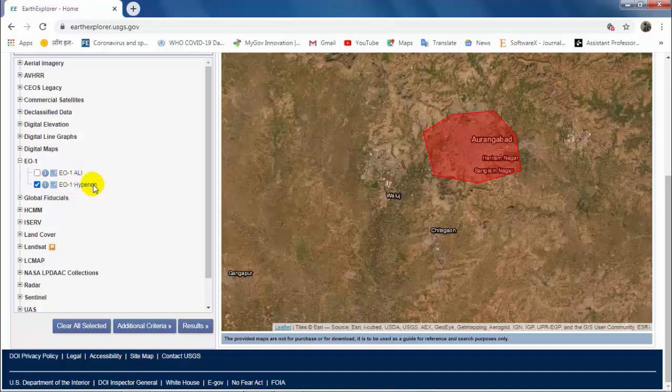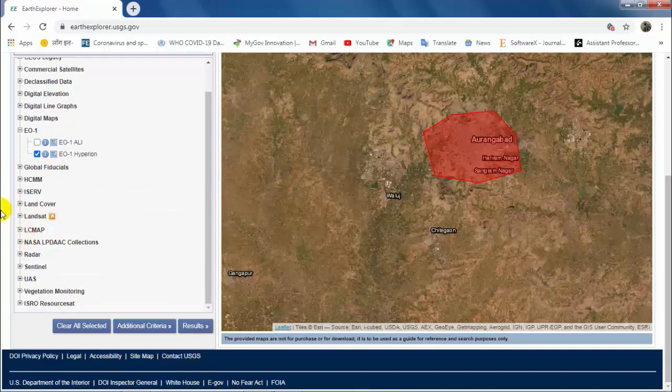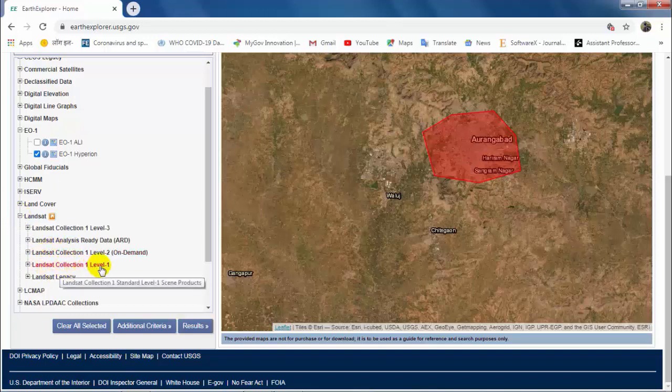See here, the date is also available. After clicking here, you will get dates from 2001 to 2017, right? So for hyperspectral data, click this option, and for multispectral data, it is freely available. That is the Landsat Collection Level 1 data. Okay, Landsat Collection Level 2 data is also available, but it is with some charges.